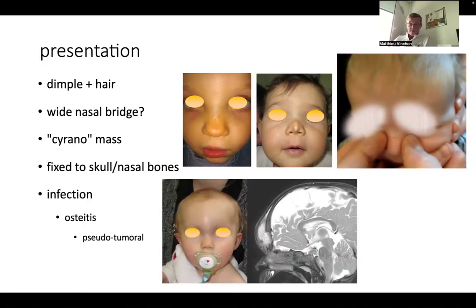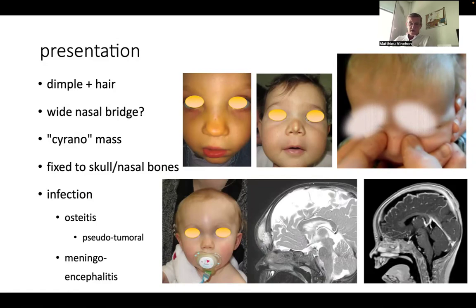And sometimes it comes with an infection which can be very severe. And in this case, it was a pseudotumoral lesion, which was taken initially as a sarcoma. Hopefully it was not. It needed a surgery in emergency, and in some cases you can have very severe